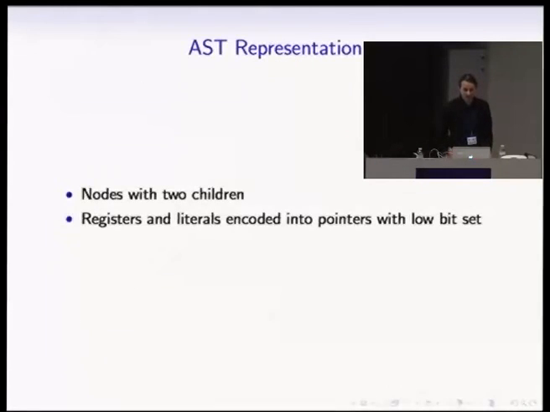And this compiler turns it into an abstract syntax tree representation, which is a simple structure which just starts with an operation ID and has 2 children, and what those are depends on what the operation is. But typically most of the things just have 2 values associated with them. And we do a little bit of cheating, so registers and literals are encoded into pointers, and this makes the representation a bit denser, and it also means the interpreter can actually be quite fast, because loading a register value is just do a shift and then load it from that index.